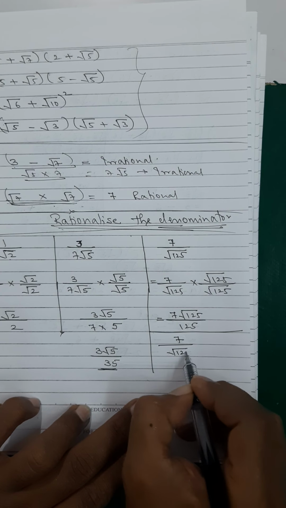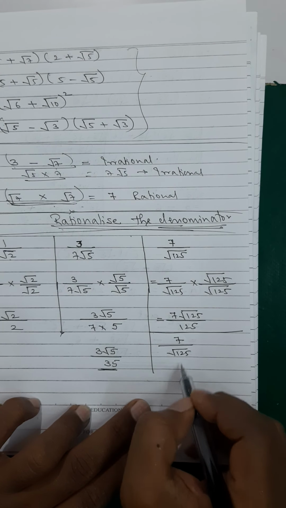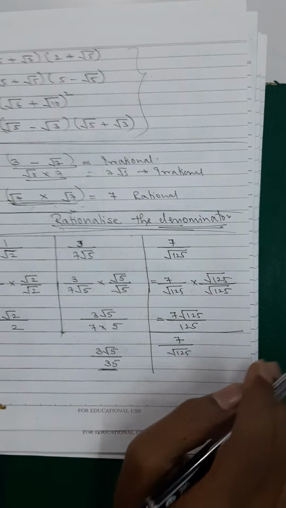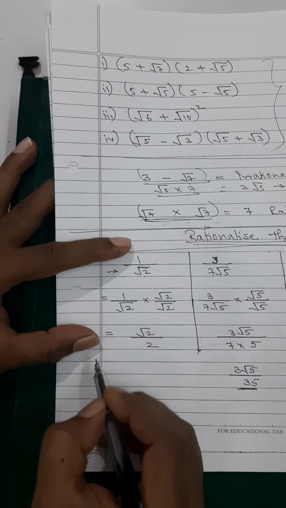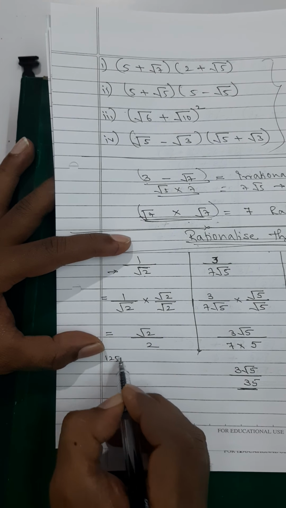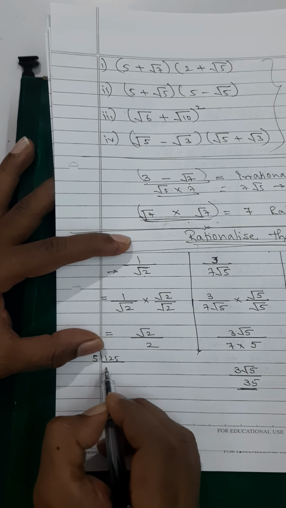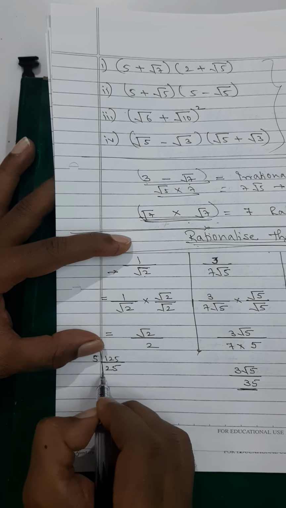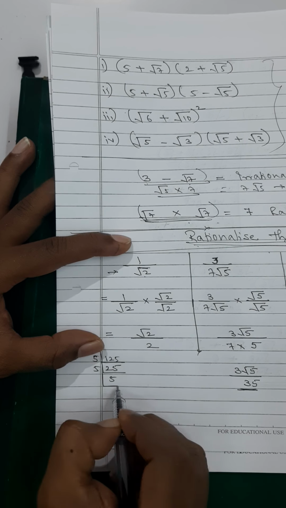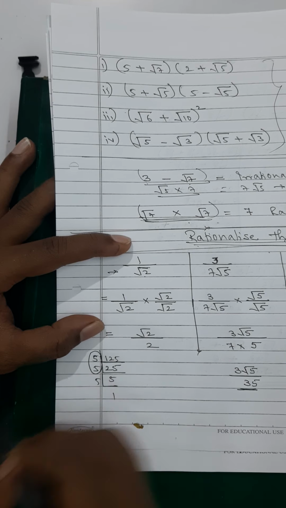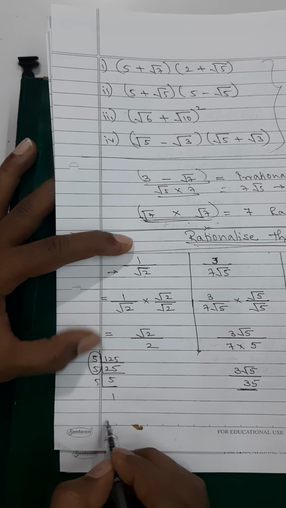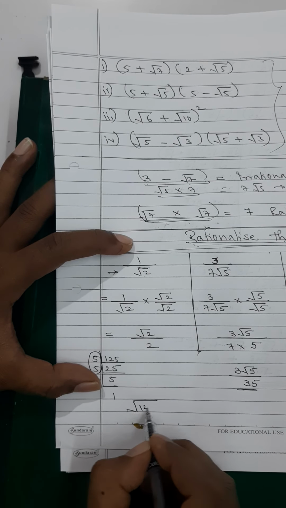The other way you can solve is by simplifying root 125, provided you know how to solve it. You can find the value of root 125. Actually, what is the value of root 125? 5 2s are 10, 5 5s are 25, 5 5s are 25, 5 1s are 5. So this has got a pair, so this will go out of the radical. See, if I have to find root 125.